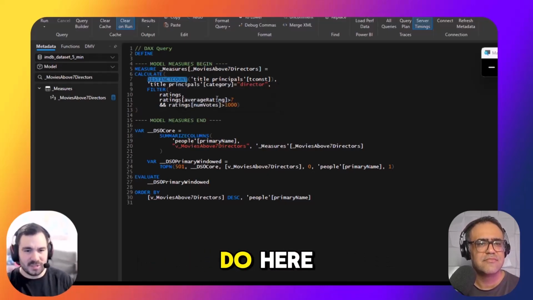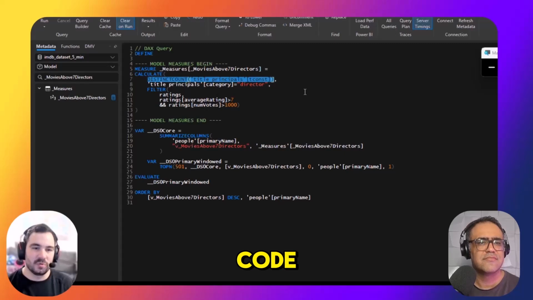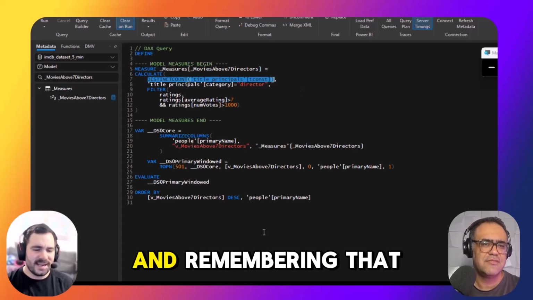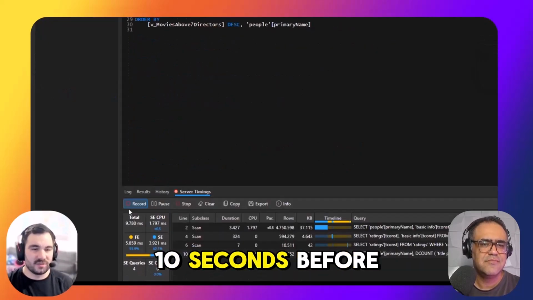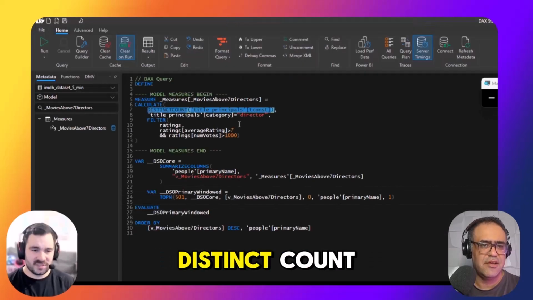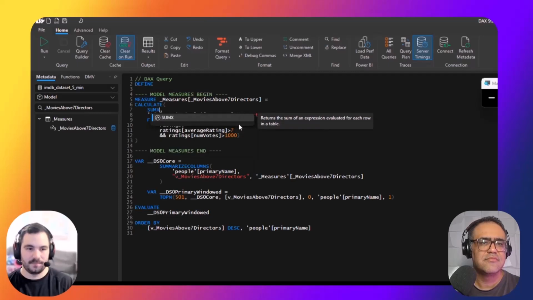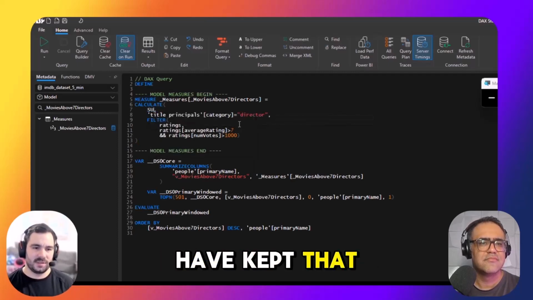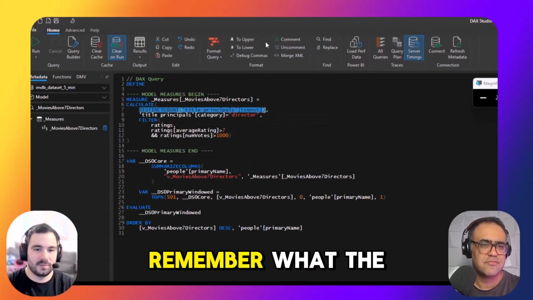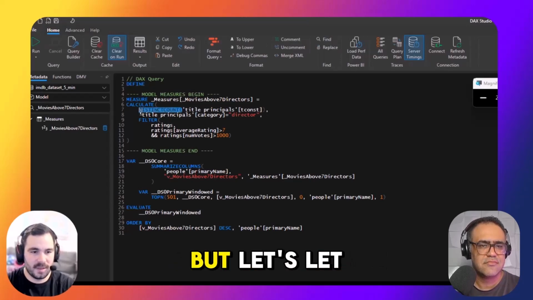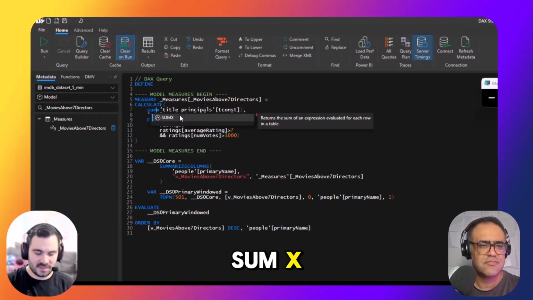So what I'm going to do here, I'm going to change this code. And remembering that we had almost 10 seconds before. So instead of distinct count, I'm going to do a SUMX. Actually, I should have kept that because I don't remember what the column name is, but let me do a SUMX.